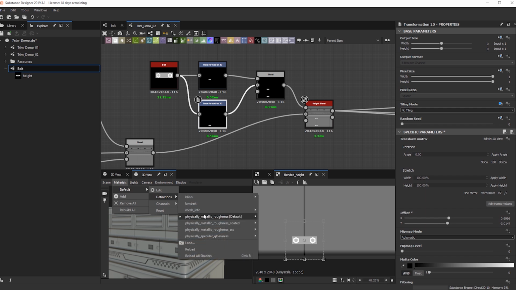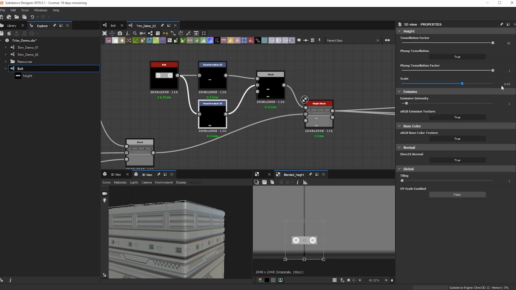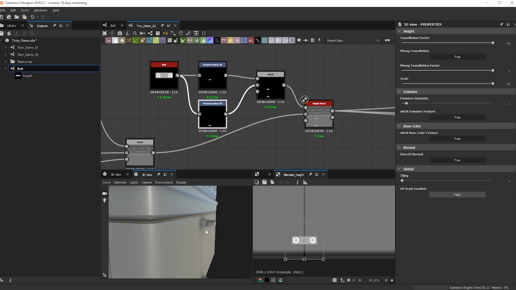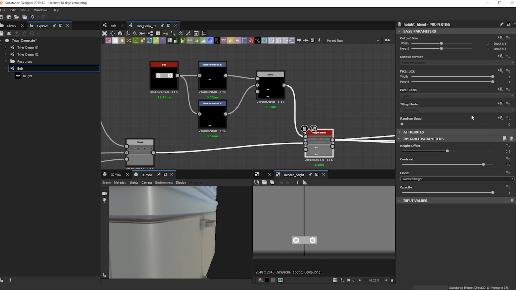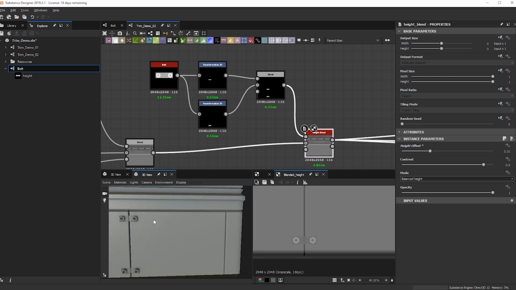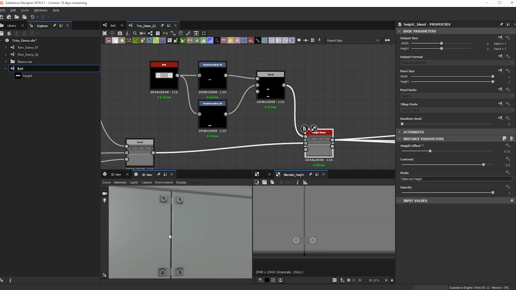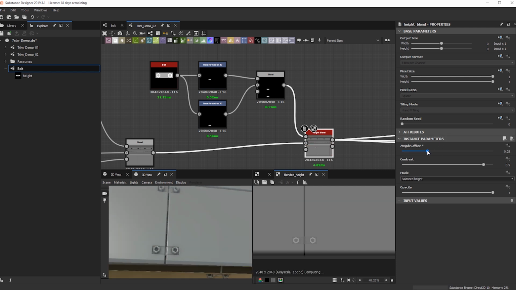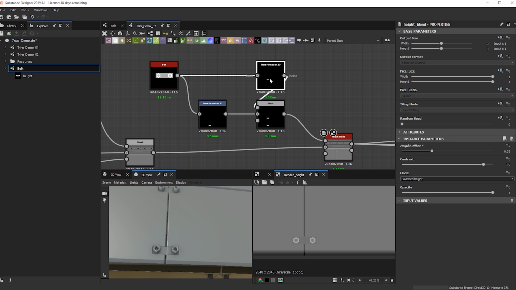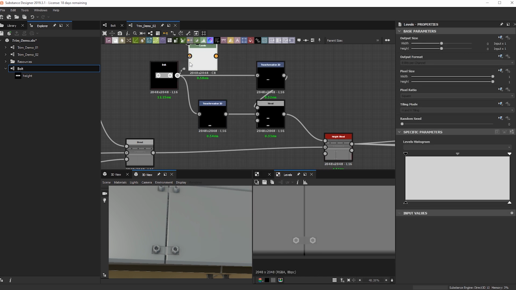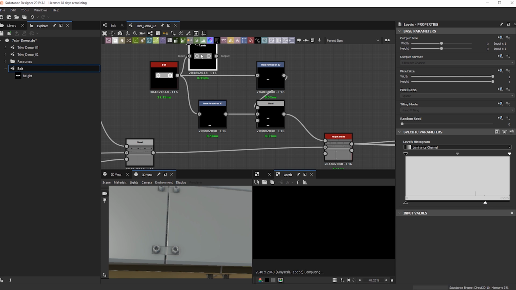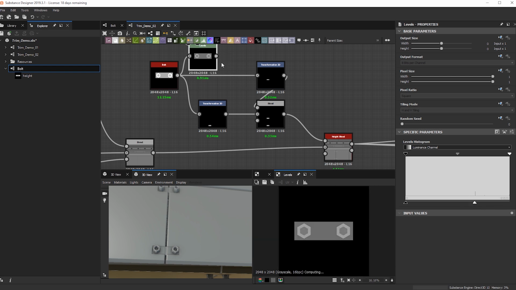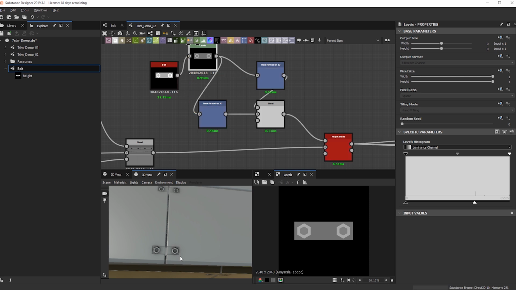So let's turn on our tessellation, because the white area might be extruded a little too much, and just as suspected, it looks like it is. So let's bring down the height offset just a bit. Maybe something like there. This actually gives us a cool kind of indentation here, but let's keep it here, and on this guy let's bring in the levels and bring down the whites and see what that gives us. Let's try plugging this guy in and see if that lowers it.